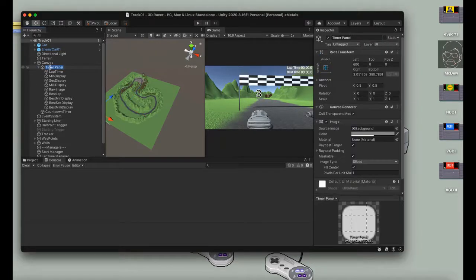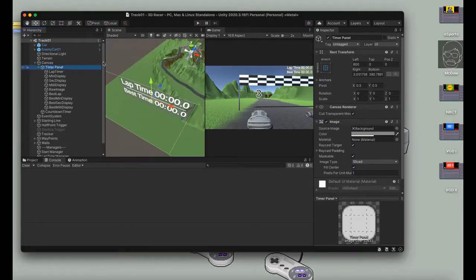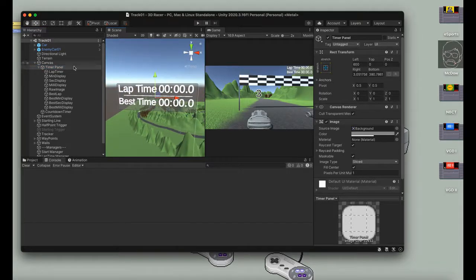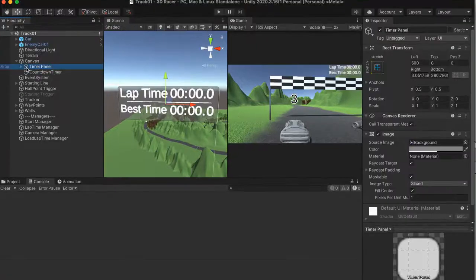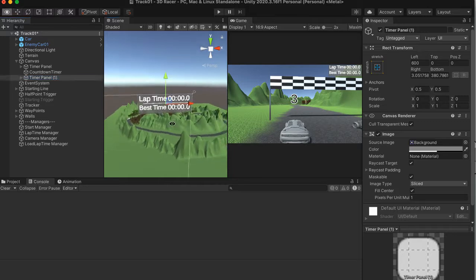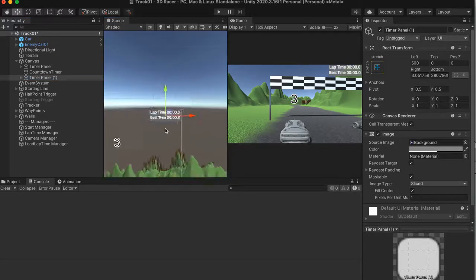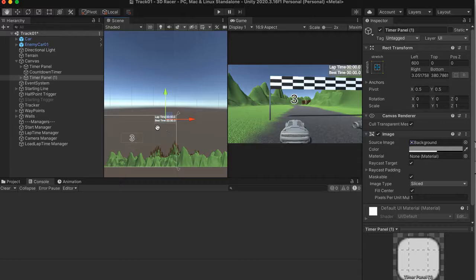I have my timer panel here. Let's double click this so I can see it in the scene view. And it was this right here that contained all of these objects. So I'm going to close that. I'm going to duplicate that, so Command D, and I'm going to move it over to the left. I just snapped to 2D, make that a little bit easier for myself. Zoom out